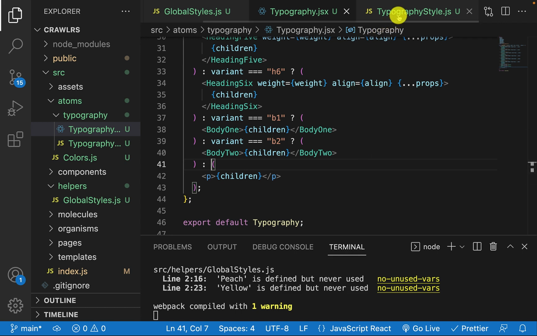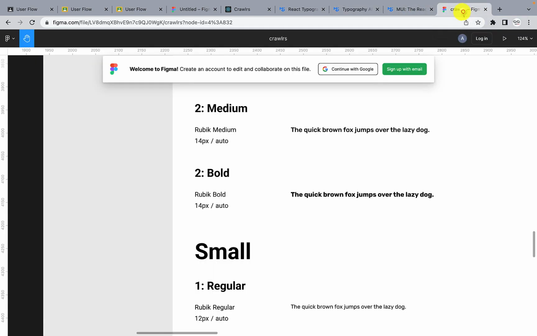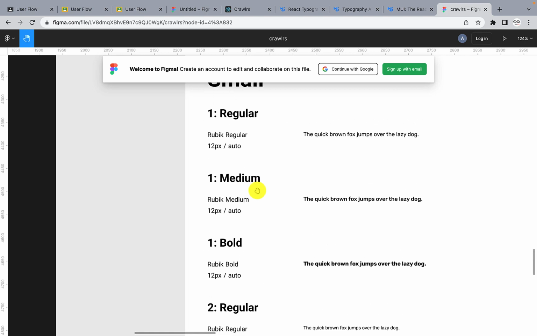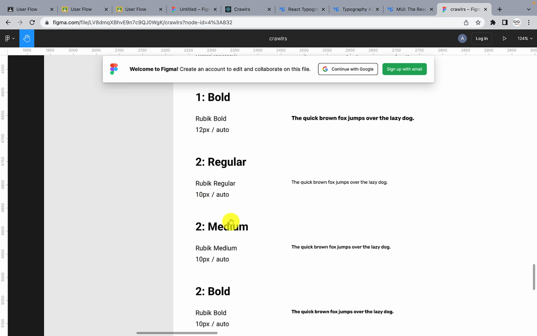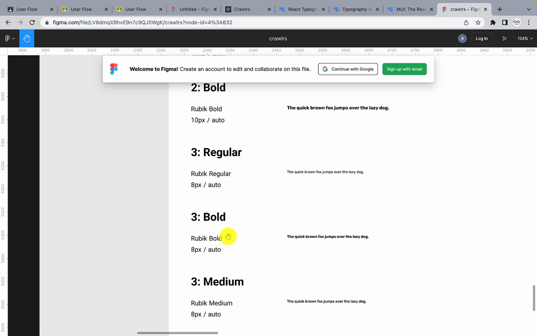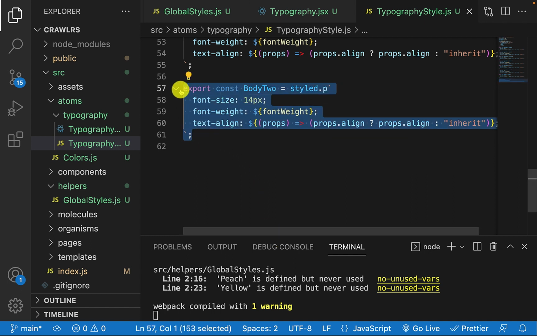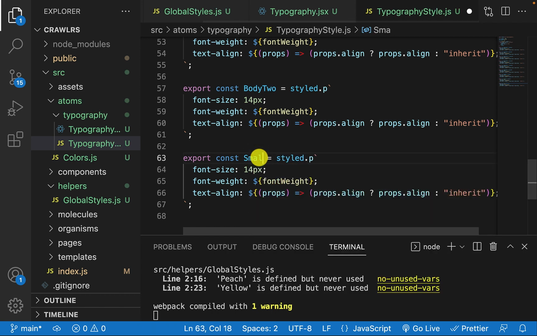So the next thing we want to do is for small, right? So let's come back to this. So what are we working on now? We want to create our small 1. So we have small 1, small 2, and small 3, and the sizes are 12px, 10px, and 8px. So we have 12, 10, and 8. So let's do that. So this one now we are going to say small 1, and